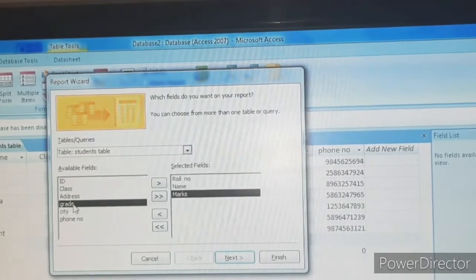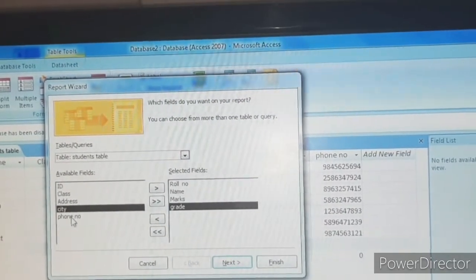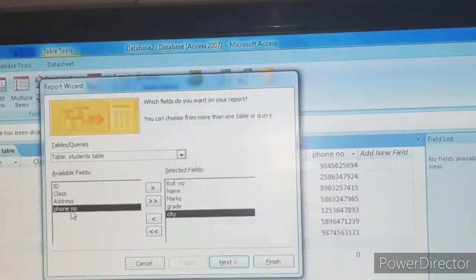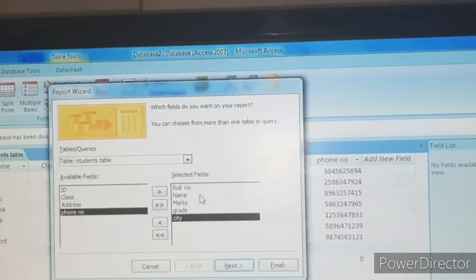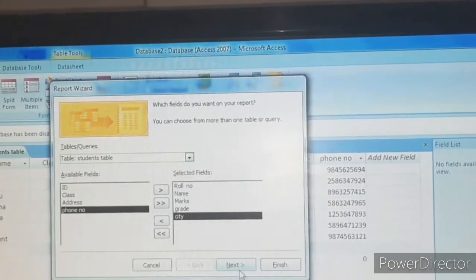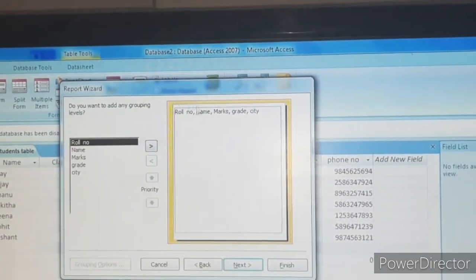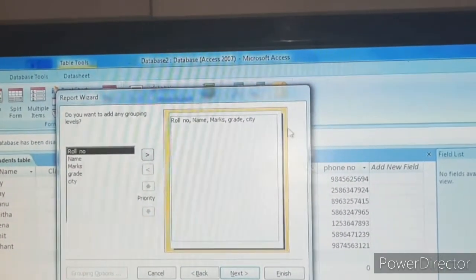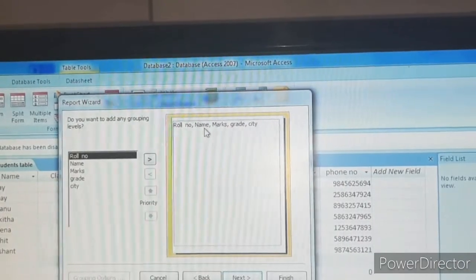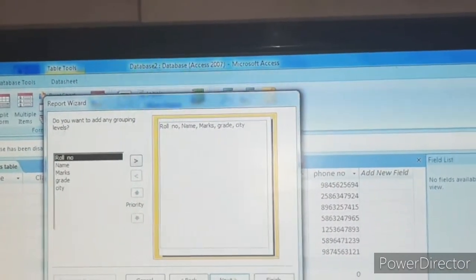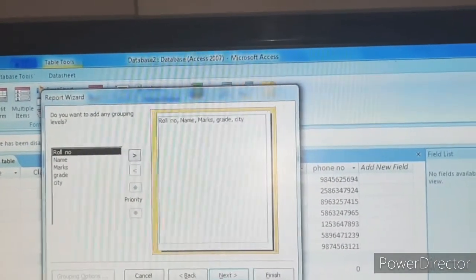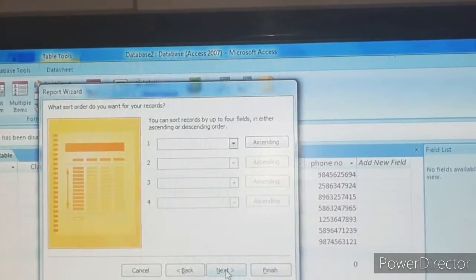I want grade and then city. Like this you have to select, then click on next, children. If you click on next, whatever fields you selected, here you can see all those fields: roll number, name, marks, grade and city.